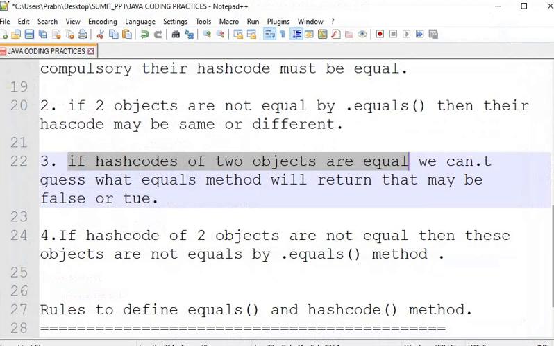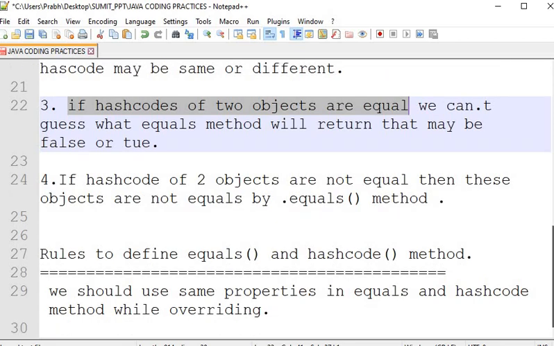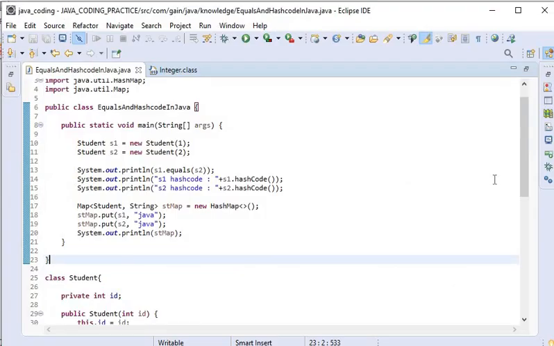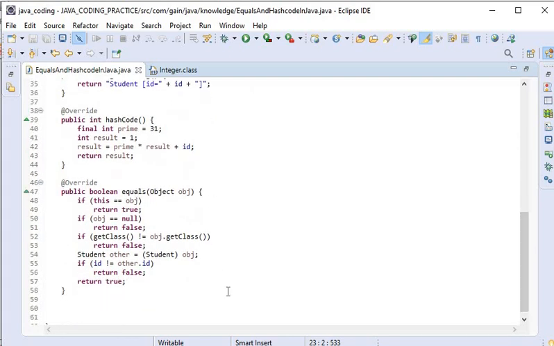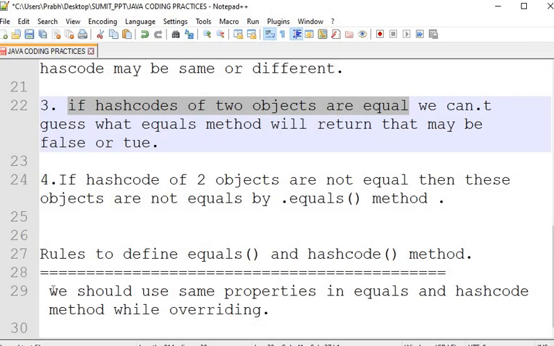And now we will discuss the rules to define the hashCode and equals methods. If we are overriding the equals and hashCode methods in our class, like this, we have overridden both functions, hashCode and equals, then we must use the same properties in equals and hashCode while overriding.